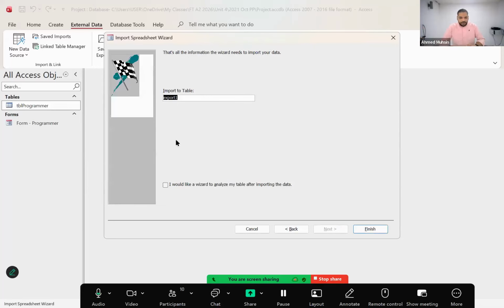So where do you want to import all this data to? I'll say import into a table and name this table imported data. And thereafter this very table, I'm going to break it up. This imported data table, I will be using a wizard, a table analyzer. Basically, I'll be using an analyzer wizard to break this table, to normalize this table. So I click on